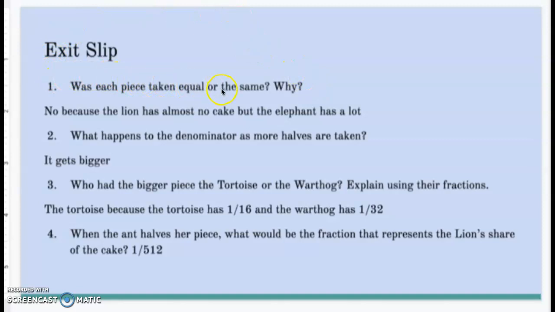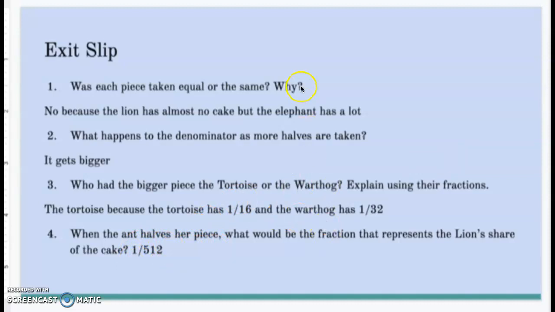Was each piece taken equal or the same? No, because the lion has almost no cake, but the elephant has a lot. What happens to the denominator as more halves are taken? It gets bigger. Who had the bigger piece, the tortoise or the warthog? Explain using their fractions. The tortoise, because the tortoise had 1/16 and the warthog has 1/32. See, the student did incorporate the fractions, which was great. And then the same answer: when the ant halves her piece, the lion is going to have the same amount,